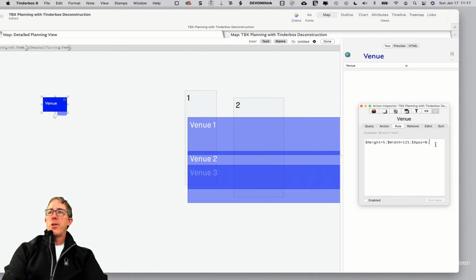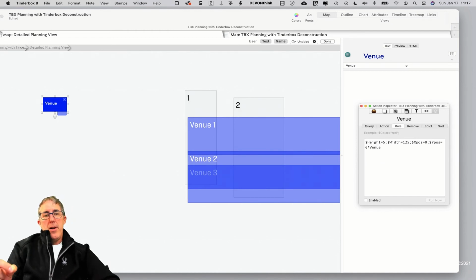and now we're going to go back to our prototype here, and we're going to say the y position, because now what we want to do is calculate the y position. The y position for our venues is going to be ypos, so y position, and that's going to equal 6 times the venue number. Okay, and so right now